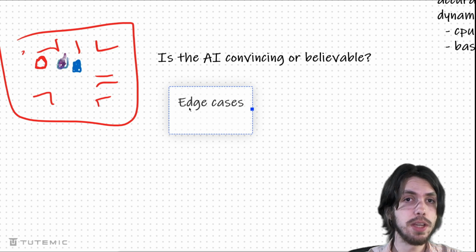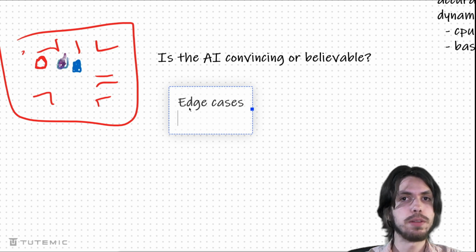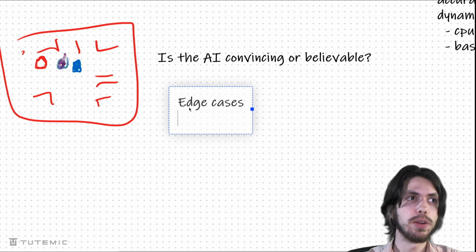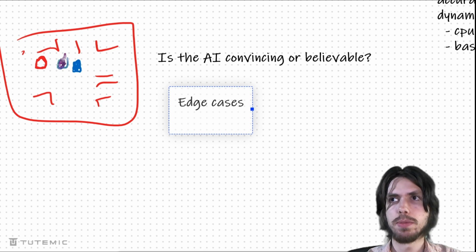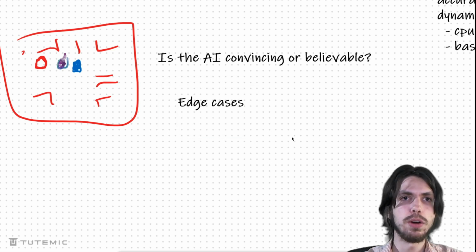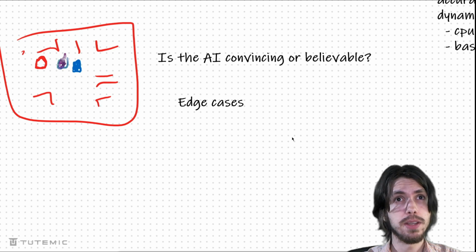Oftentimes the best way to solve an edge case is to just hard code it into the finite state machine. And you might think, that's ugly, I'm just going to refactor everything. Well, oftentimes you don't have the time to do that, you're not able to do that, and when you do it, you realize, oh great, now there are other edge cases, or even some of the same edge cases. So this doesn't necessarily solve the problem, and sometimes your code that you start to feel is getting really messy is necessarily messy, because for the game to feel natural and to handle all these different scenarios, it sometimes can get a little bit messy, and that's okay. All right.